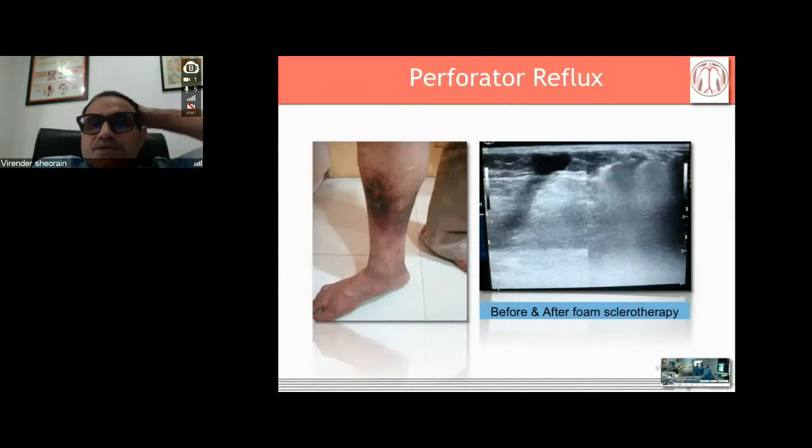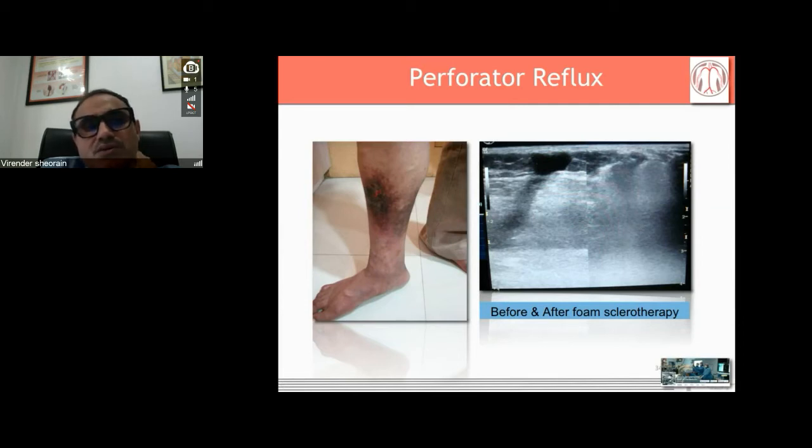Another example, the patient comes with an ulcer which is not healing, and here you can see there are prominent veins clinically, ulcer over the shin, and once you start doing a Doppler, here you can see there is a dilated vein and a perforator, nicely demonstrated, a big perforator. And the second image is showing sclerotherapy was done. So a focal sclerotherapy was done for this patient under ultrasound guidance.